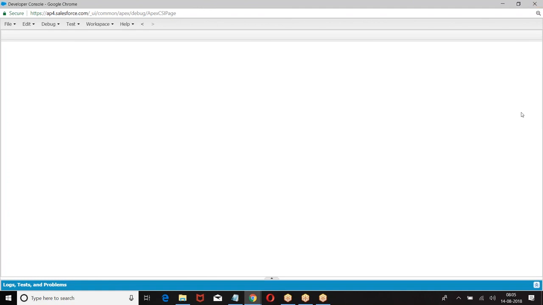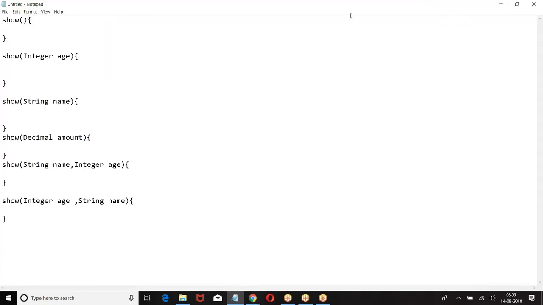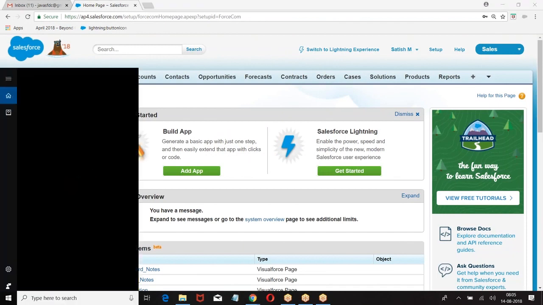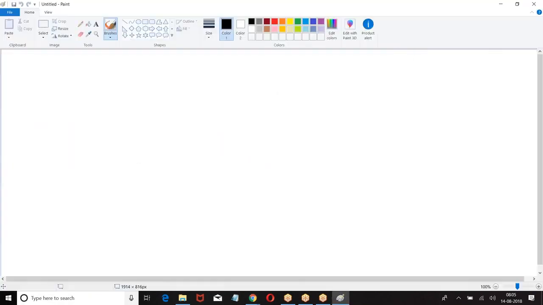Now, let me give you a generalized example to get the concept right. Just understand the concept. I'm giving it non-technically.